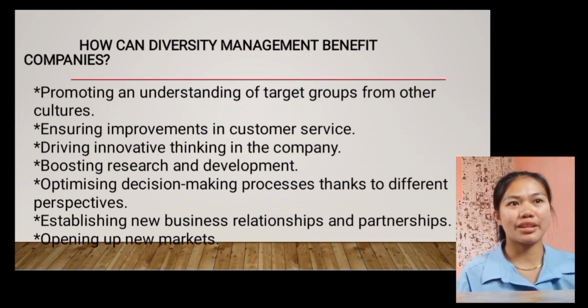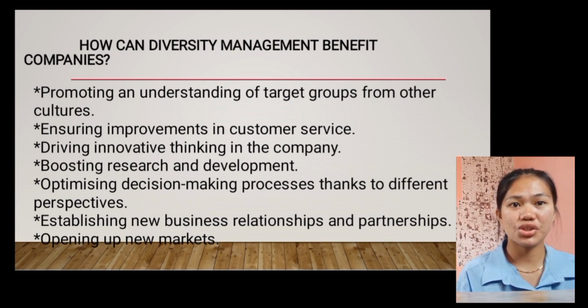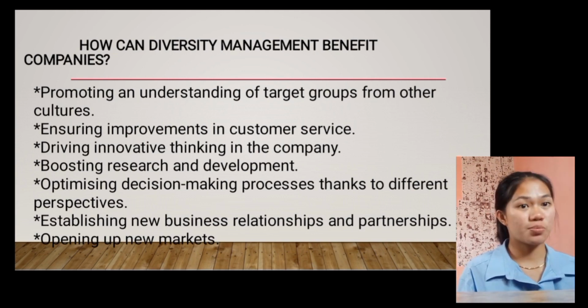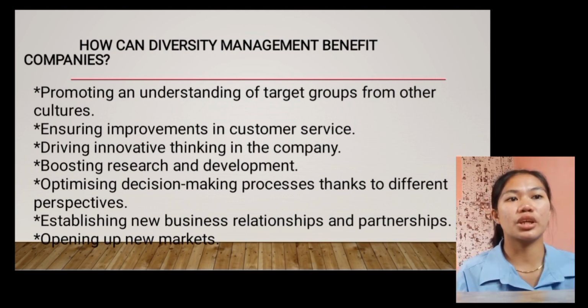Promoting an understanding of target groups from other countries, ensuring improvements in customer service, driving innovative thinking in the company, boosting research and development, optimizing decision making processes thanks to different perspectives, establishing new business relationships and partnerships, opening up